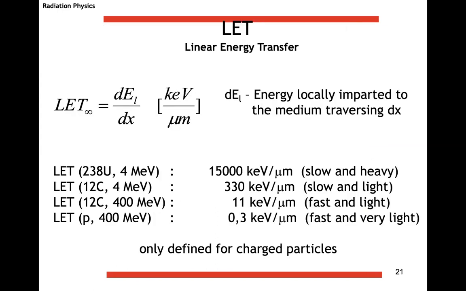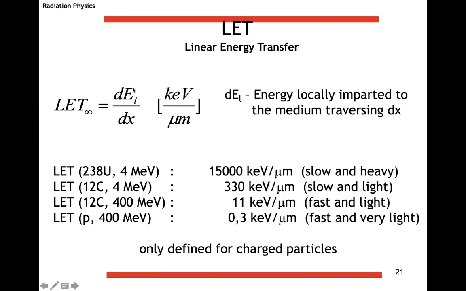So another important physical characteristic is the LET, the linear energy transfer. Traditionally, this will be surprising for our colleague from Kernphysik. In radiation protection and radiation therapy, we always measure the LET in keV per micron, which is strange for physics, because in physics you measure it in MeV per gram divided by square centimeter.